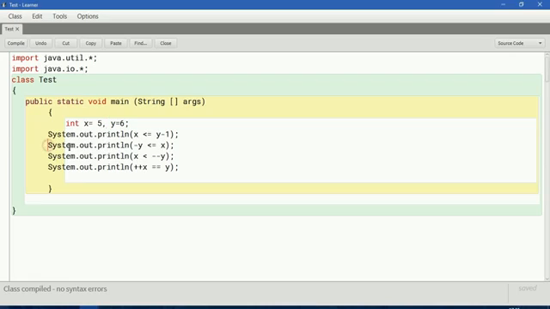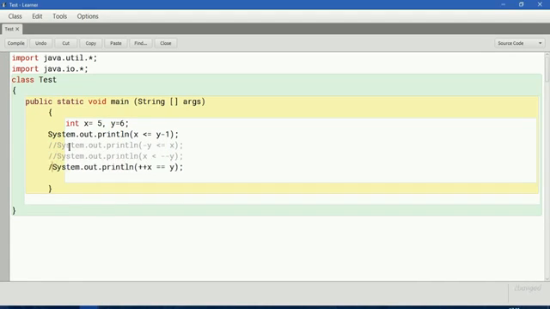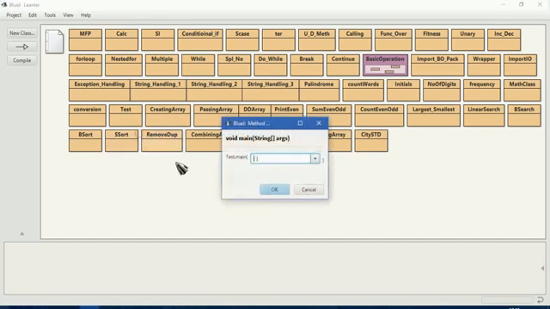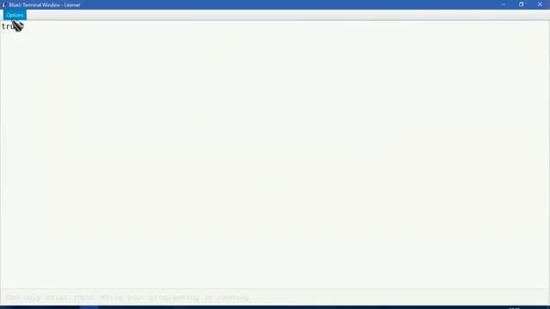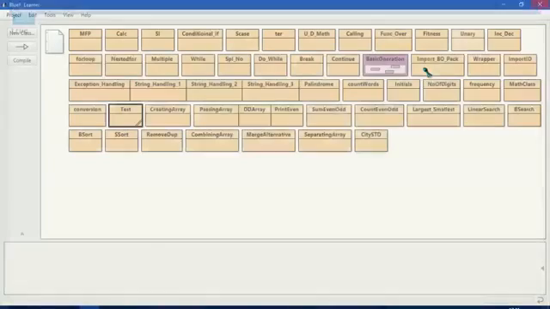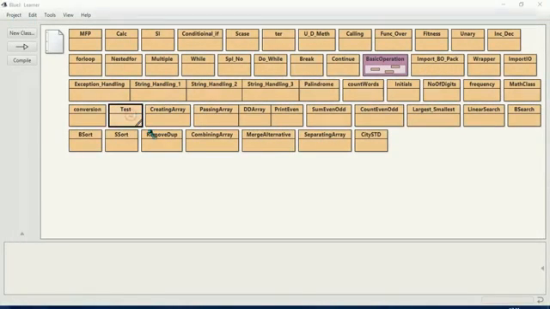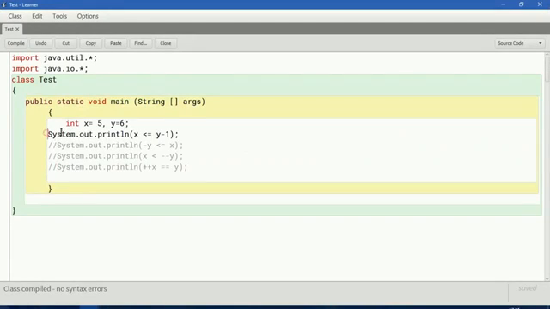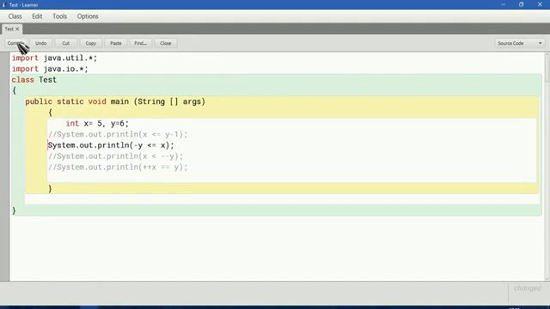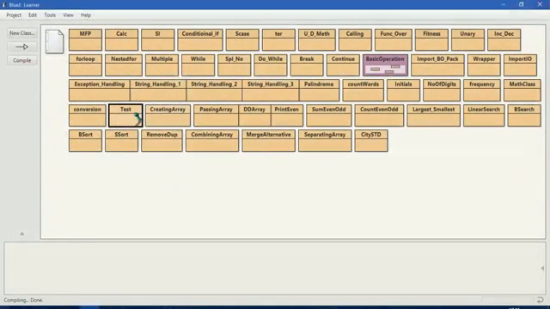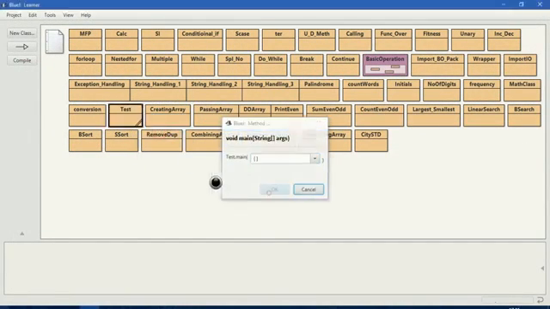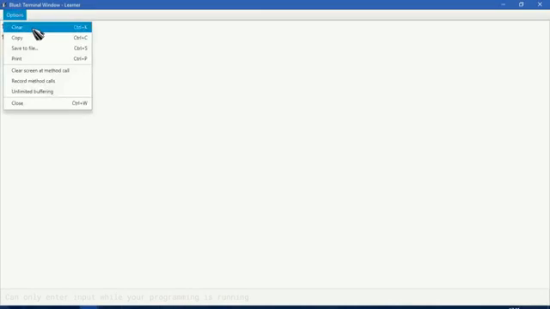We will run this individually. Compile. So the first one is true. The second one is also true.